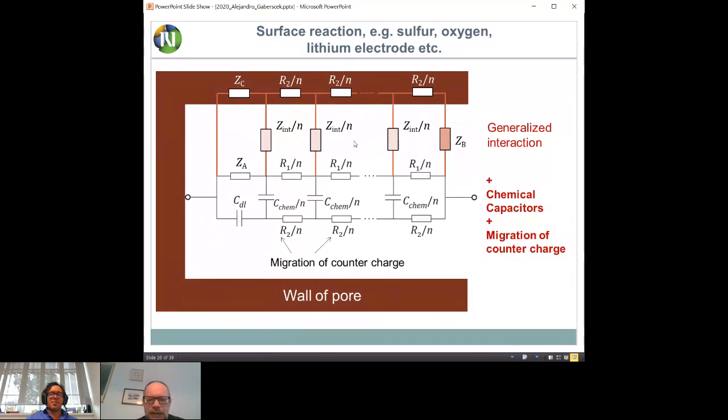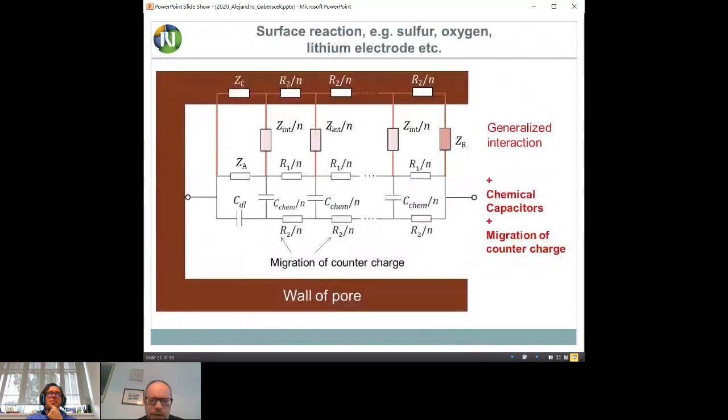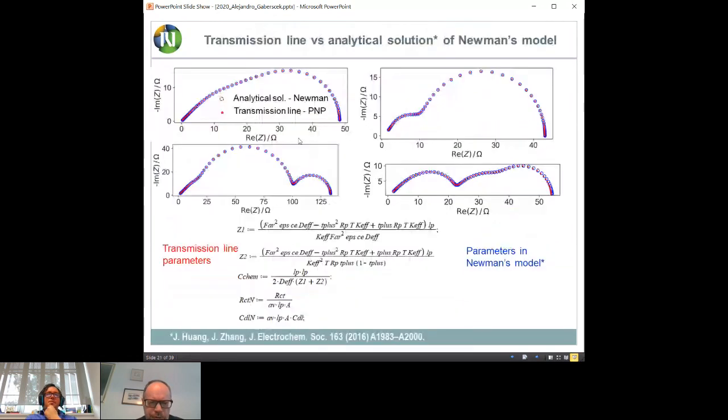And this has been used a lot in our lab, as I said before, maybe on lithium or on polysulfides in carbon and so on. So, sulfur batteries. Before I go on, I would just like to mention that for this kind of situation, there is in the literature an analytical solution of the Newman's model,